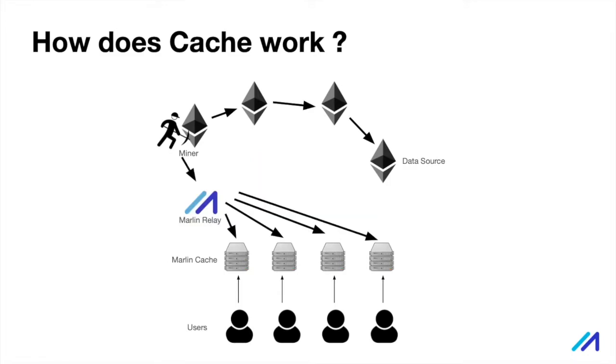Some of the cached data can be updated without requesting data from the source, based on the block information received from the blockchain network. This will further improve the consistency of the cache with the current blockchain network state. We ensure that the data within a cache is consistent and corresponds to a single blockchain state. Let's take a look at the demo.